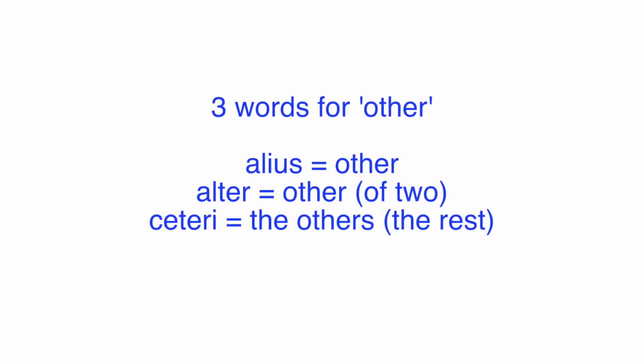So there's actually three words for other. We've got alius, when we just mean another, different. We've got alter, when we mean another of two, as an alternative. And we've got ceteri, when we mean the others in the sense of the rest of the people or things we were talking about. So just before we go on and do some practice with all of this stuff,